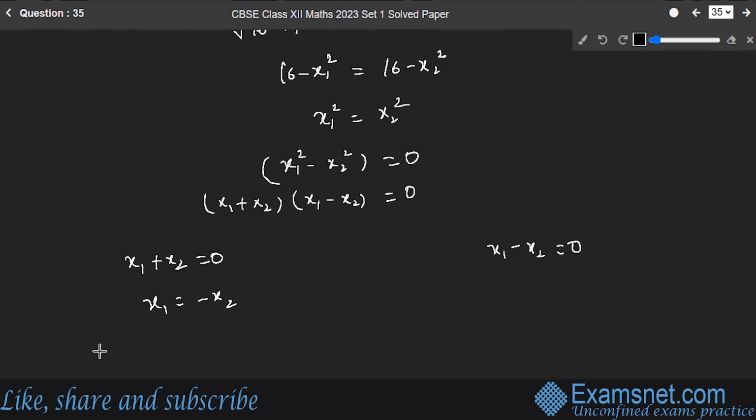See, this is not possible as if you are having, suppose, x1 is equal to 4 and x2 will be minus 4. And over here, if x1 minus x2,